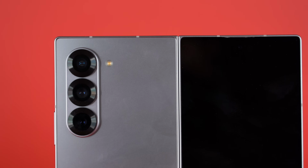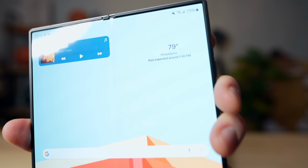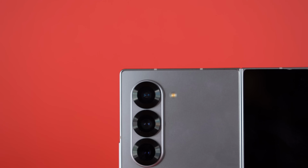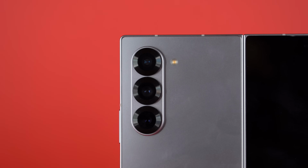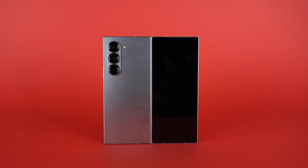But now let's talk about one of my favorite features of any phone, and that of course is the camera array and camera setup. Now on this phone, unfortunately, it is pretty similar to what you had last year. Like I already mentioned, you've got a 4 megapixel front-facing camera on the inside of the phone, a 10 megapixel front-facing camera on the outer screen of the phone, and then moving to the back camera array, you've got 3 different cameras. You've got a 50 megapixel main camera, a 12 megapixel ultra-wide, and a 10 megapixel telephoto,